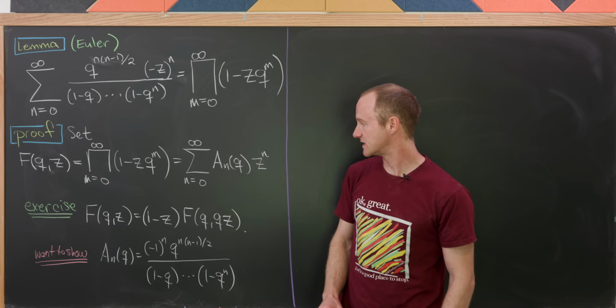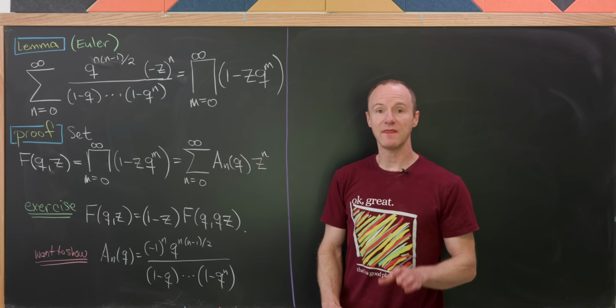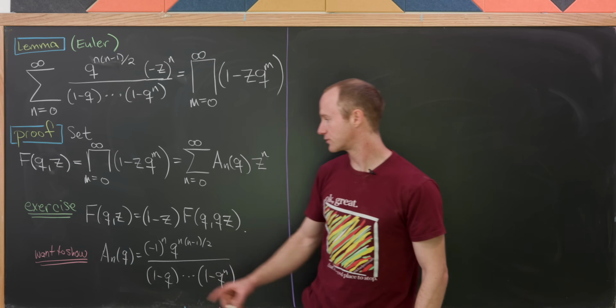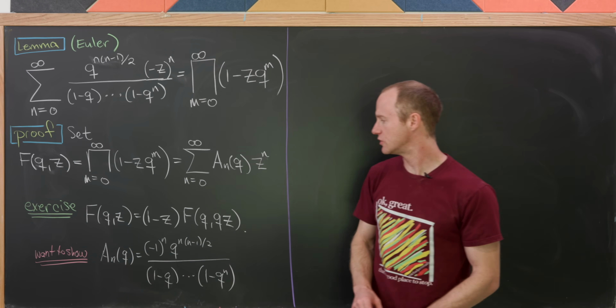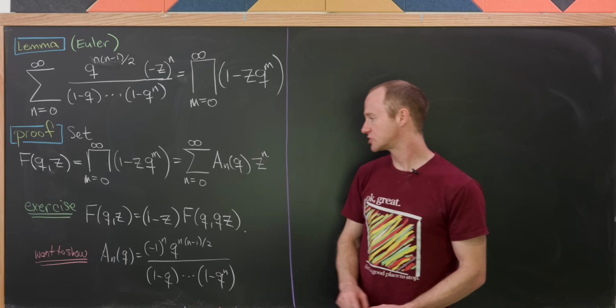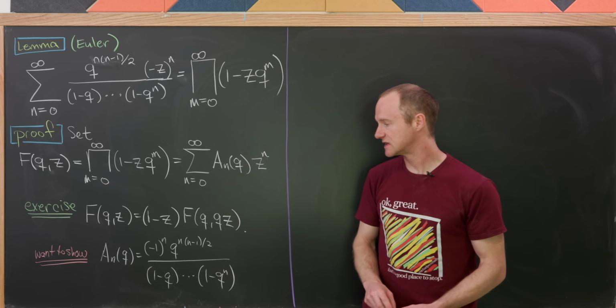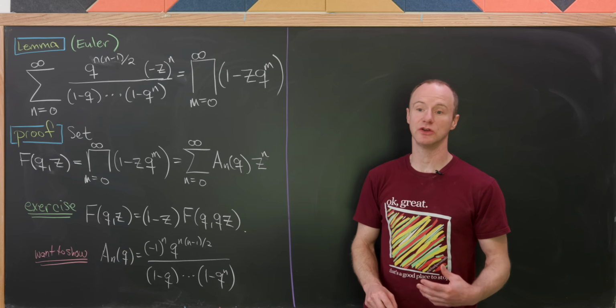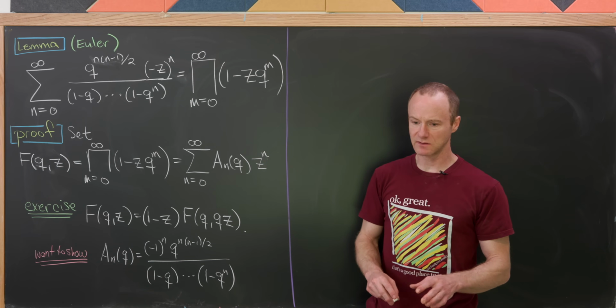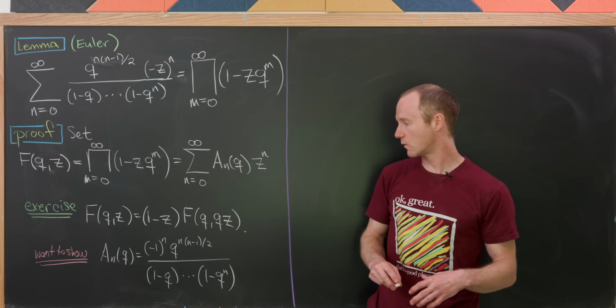We'll name them a sub n of q again. And then as a little exercise, you can prove that F of z is equal to (1 minus z) times F of qz. So again, that's a little bit different than the one that we had before, but that's what'll